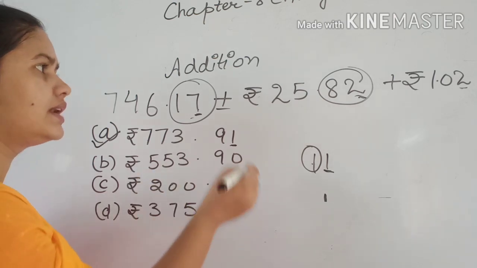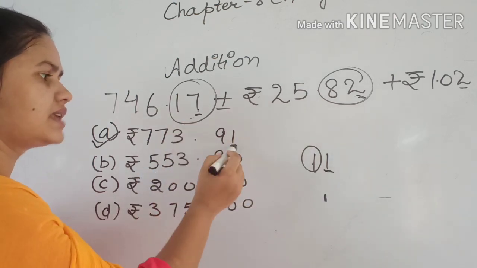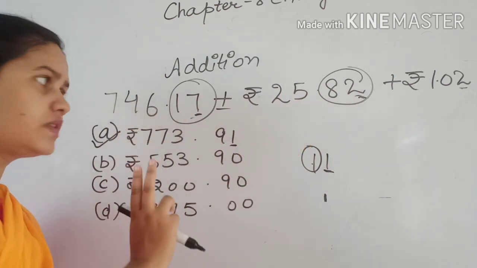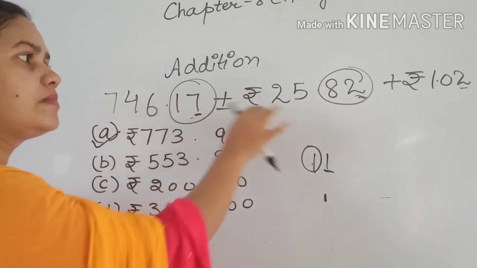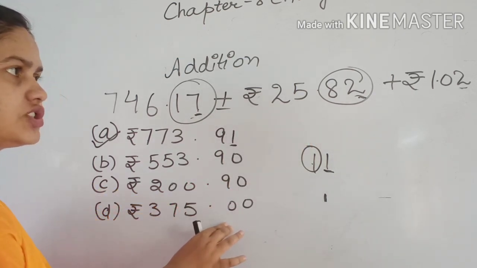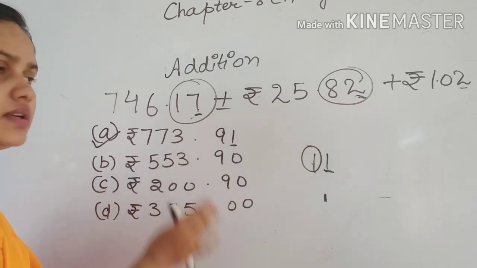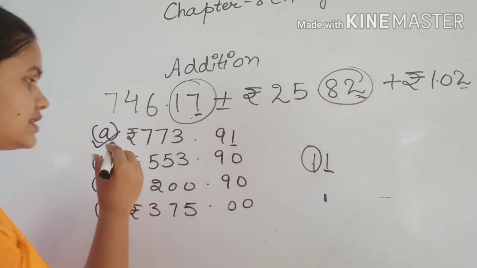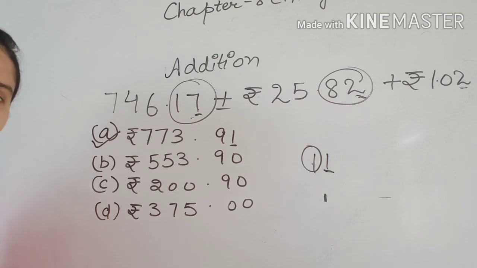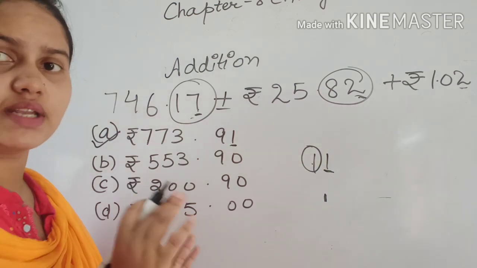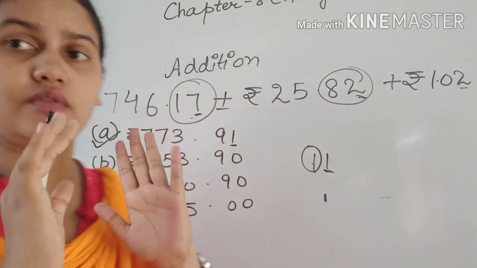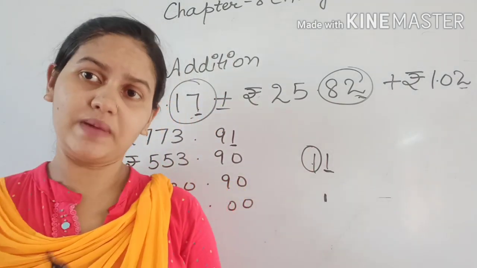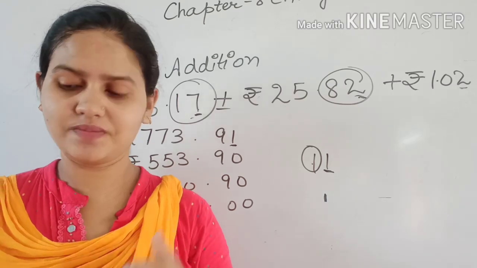And when we are not getting the answer by our last numbers, then you can add the paisa. You can see which one is our paisa section. Our paisa section is right, so you can easily guess the right answer. As I guess, the first answer is correct. Okay, students, you can see this one is our addition sum, and this kind of equation will come in your test too. So please prepare yourself, do practice at your home. Thank you.